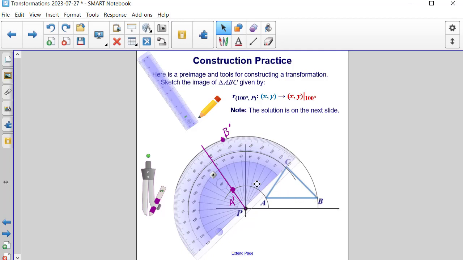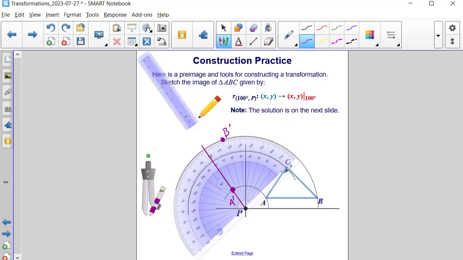So here we have it lined up. So now we can see that 0 degrees right here in the inner part coincides with point C. So now if we follow this inner protractor around to 100, it's right here. So then if we plot a point, a reference point,